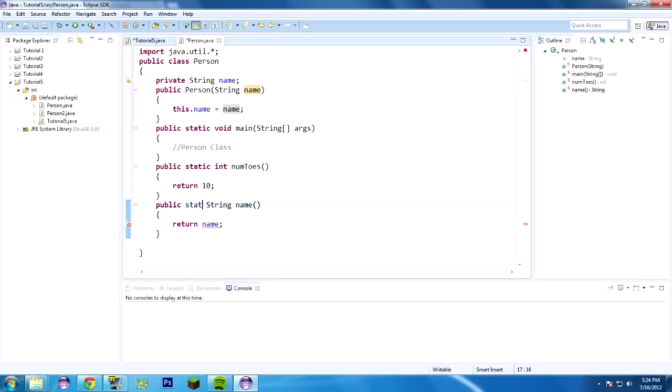Now, since it's an object, we don't need static here. We can actually have all of these just public int, whatever. So, you don't need static. You can have it or not have it, depending on what you're doing inside of that method. For now, though, don't even worry about that. Just leave static out. So what about public